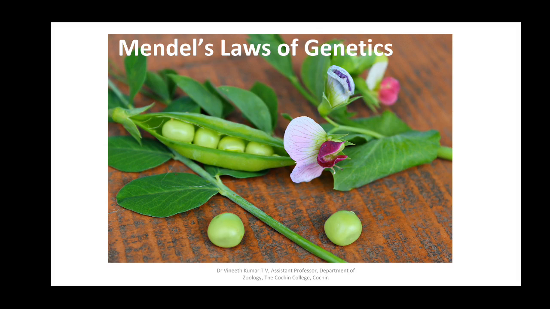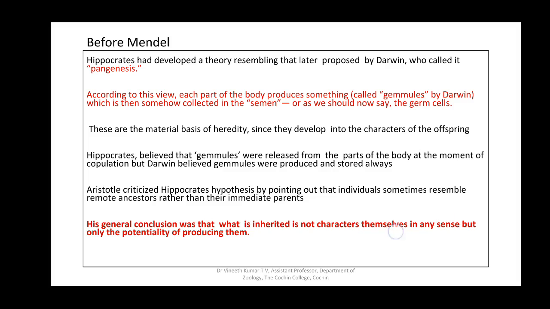We will look at the pattern of inheritance, or how the Greek philosophers hypothesized that characters were inherited by the offspring. To begin with, the first hypothesis about the inheritance of characters to the offspring was proposed by Hippocrates, and